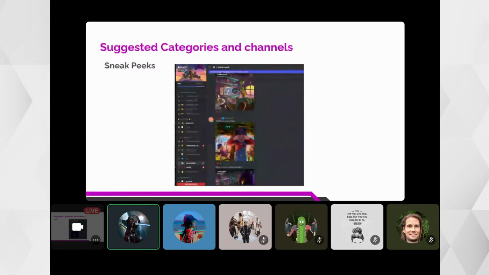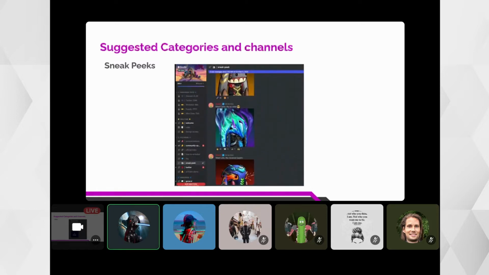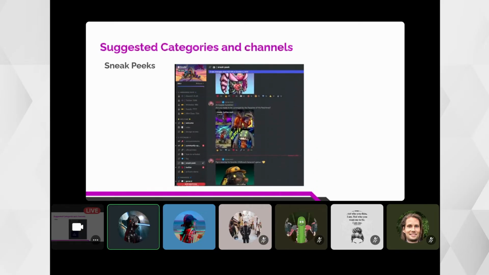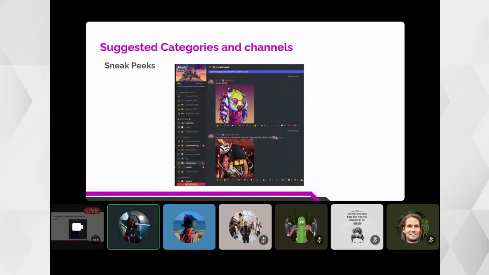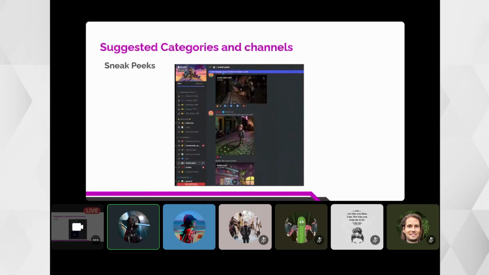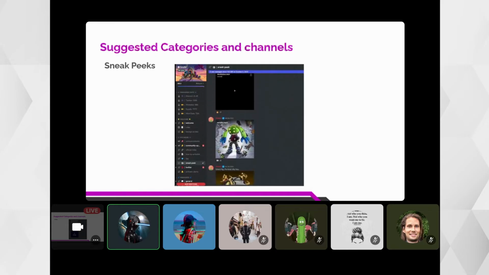For example, I came into this server and saw this nice art that they have. I want to own it, not because of the utility, but because I think the art is cool. So it improves the marketability of your project by simply getting the sneak peeks up in your Discord server.